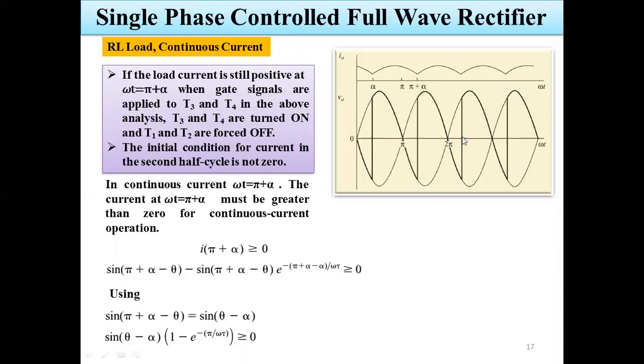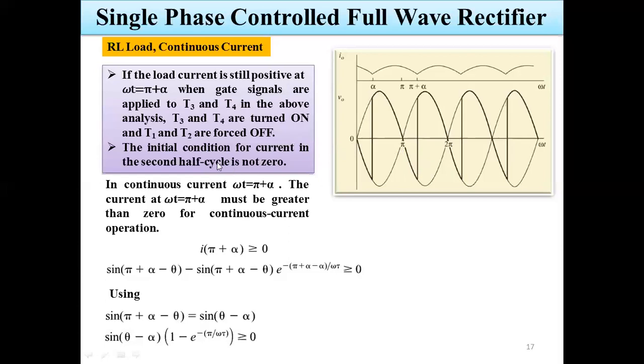Why? Actually the sinusoidal voltage is coming towards zero at the pi value, but T1 T2 do not turn off. Why do we require T1 T2 to be forcibly turned off? Due to the inductance present in the load circuit, the energy stored in the inductor is fed back towards the source for as long as T1 and T2 are in the turn on position. So based upon this condition, we require forced commutation. By forcibly turning off T1 T2 thyristors, they will not conduct further.